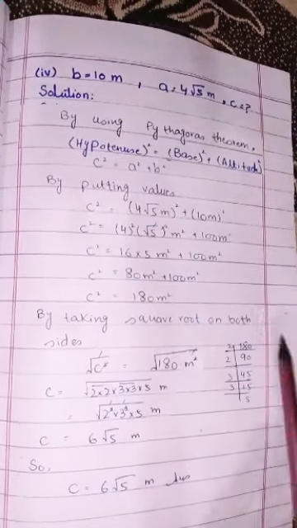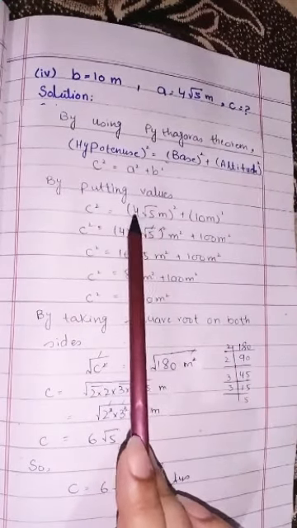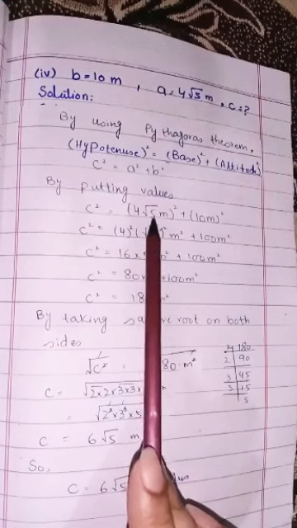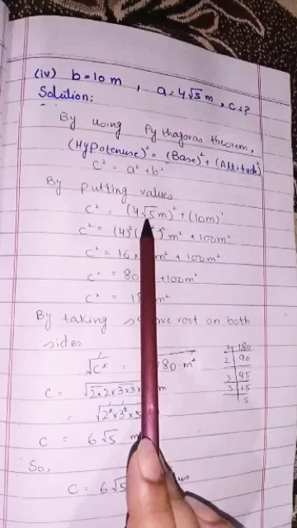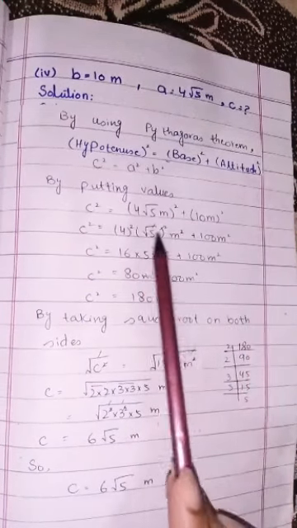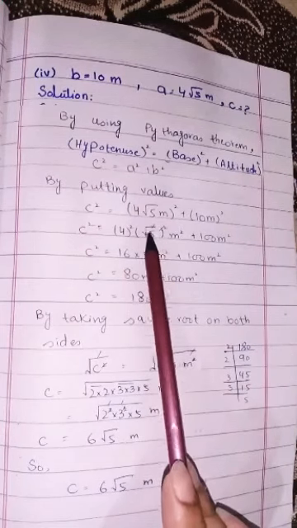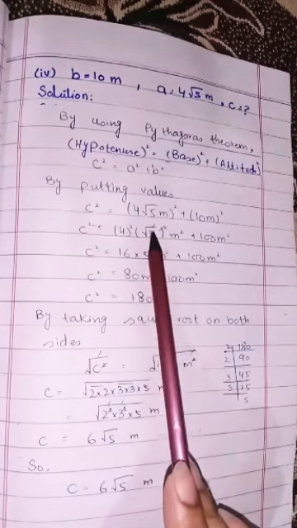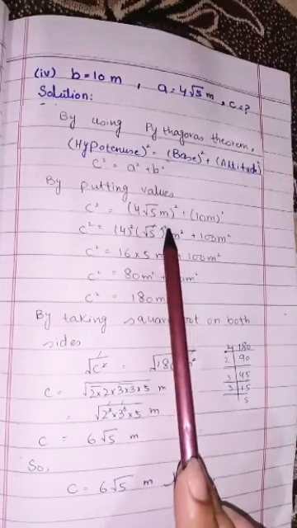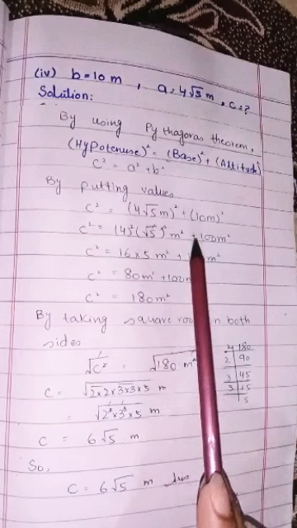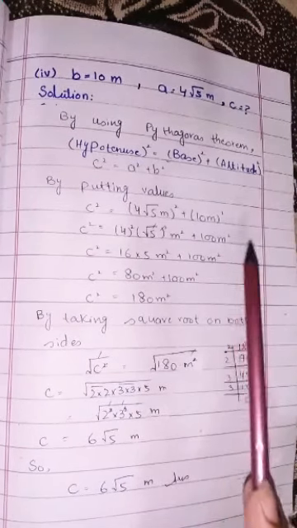Students, one thing important to note that in a we have two numbers, 4 and square root 5. We will take square of both numbers, square of 4 as well as square of square root 5. As you can see students, 4 square is equal to 16 and square root 5 cancels with the square, because you all know that square cancels with the square root, and meter square as it is, and 10 meter square is equal to 100 meter square.